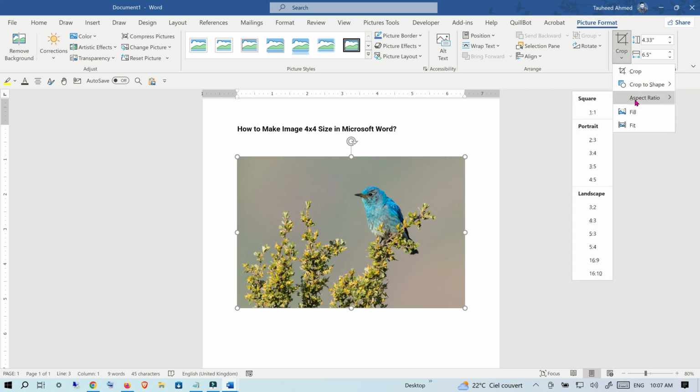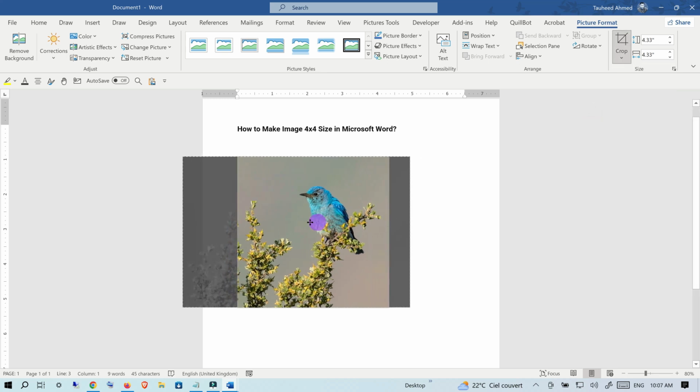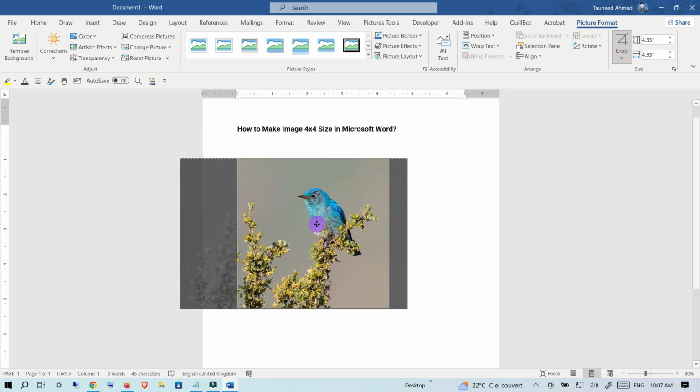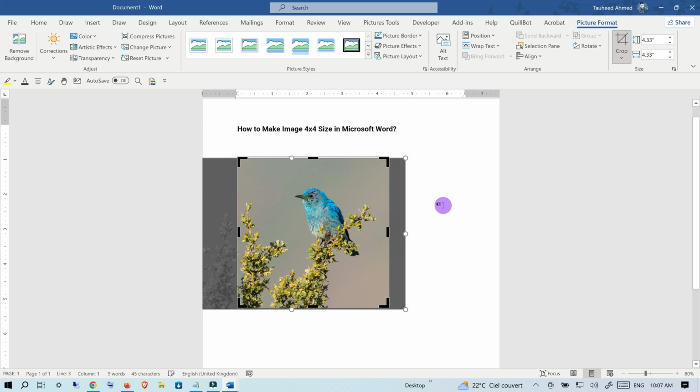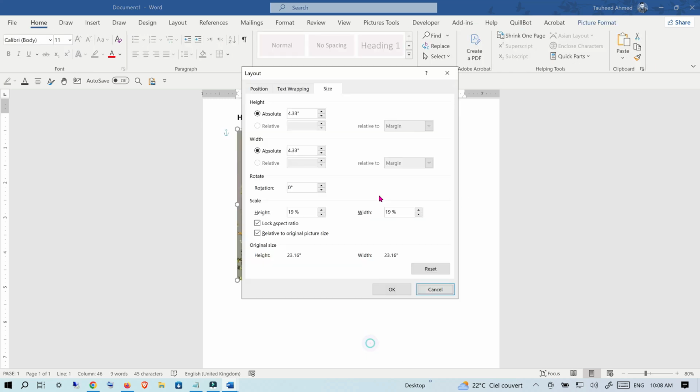the Aspect Ratio and click 1:1 Square. And now resize your picture, the area which you want to show. For example, this area. Click outside and now select the picture, right click and click on the Size and Position